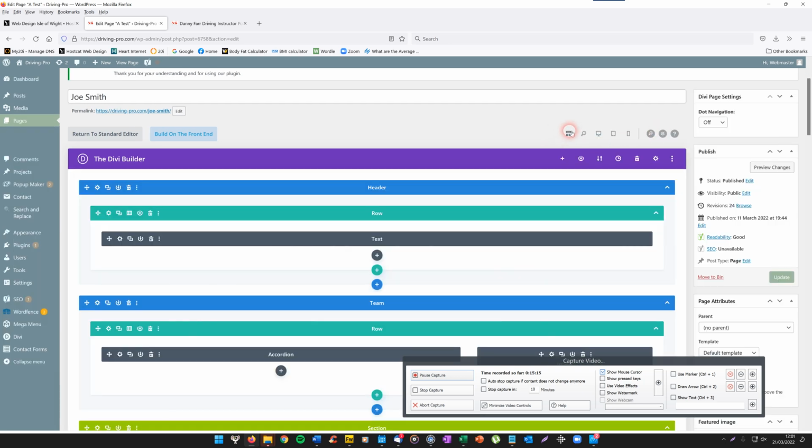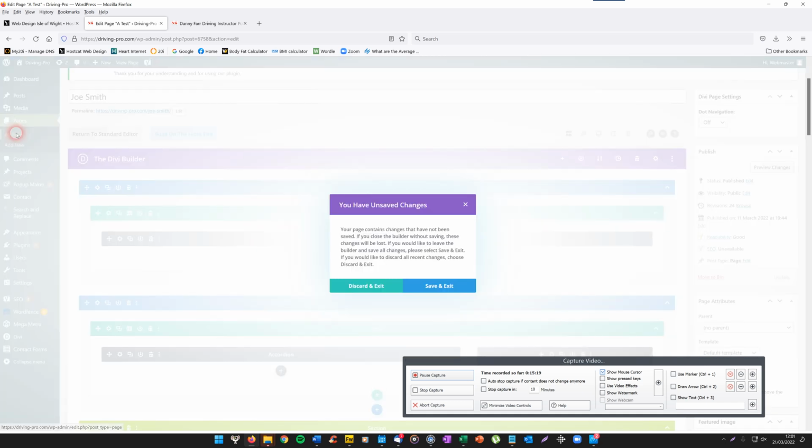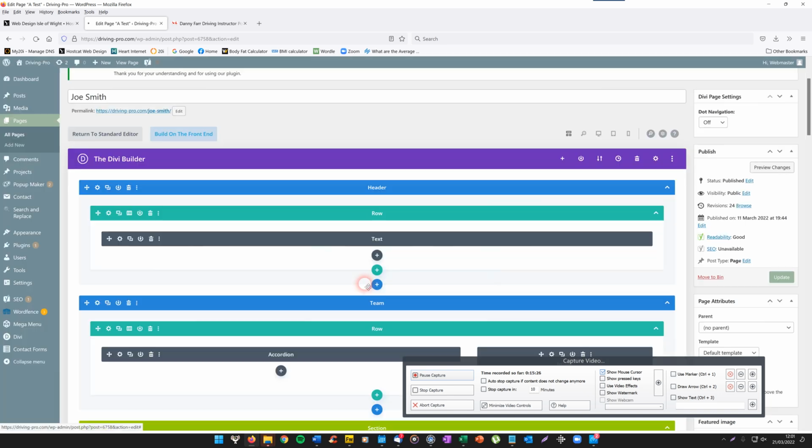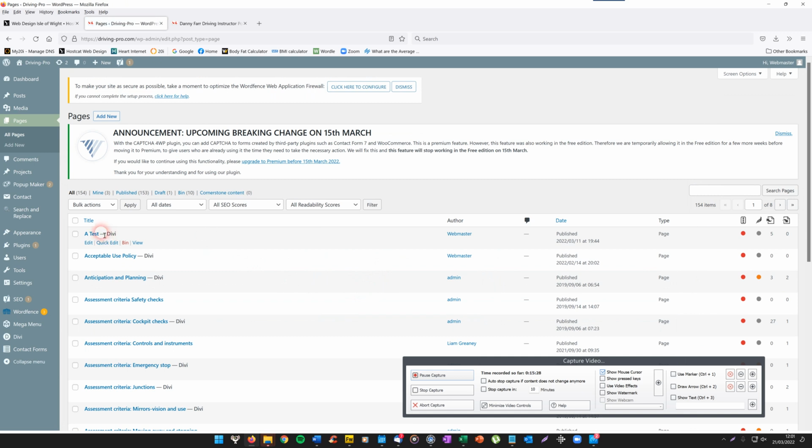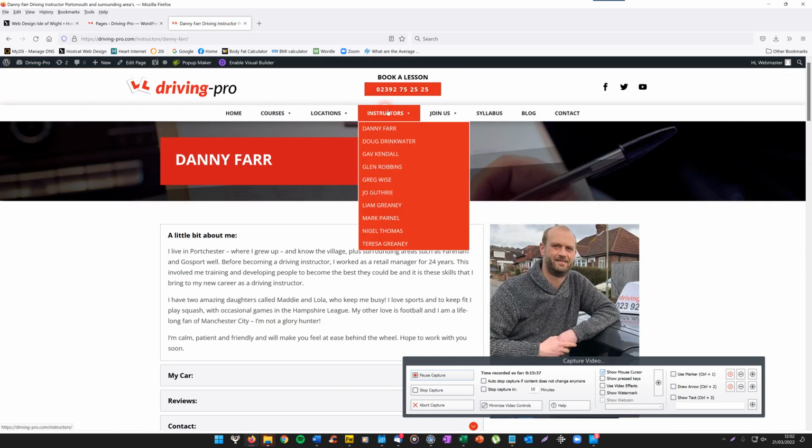So we go here, back to the wireframe, and literally go back to the list of pages, and what will happen is this box will come up, unsaved changes, discard and exit, or save and exit. We'll discard and exit because we don't want to change that. Then you've still got a test page there which you can play around with if you want to practice this. When you've actually got your new instructor,